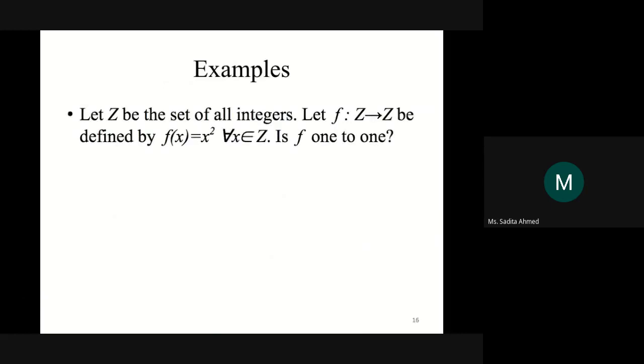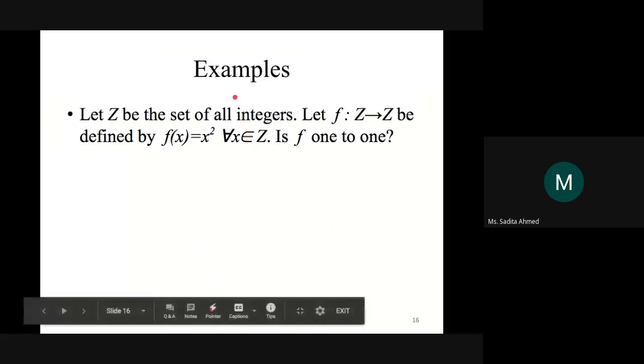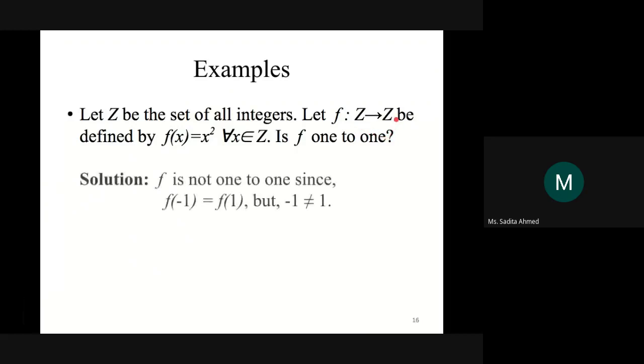And you can find many such examples for the square function if the domain is the set of integers and the codomain is also the set of integers. So it is not one-to-one, just like you guys pointed out. Very good. Okay, now,